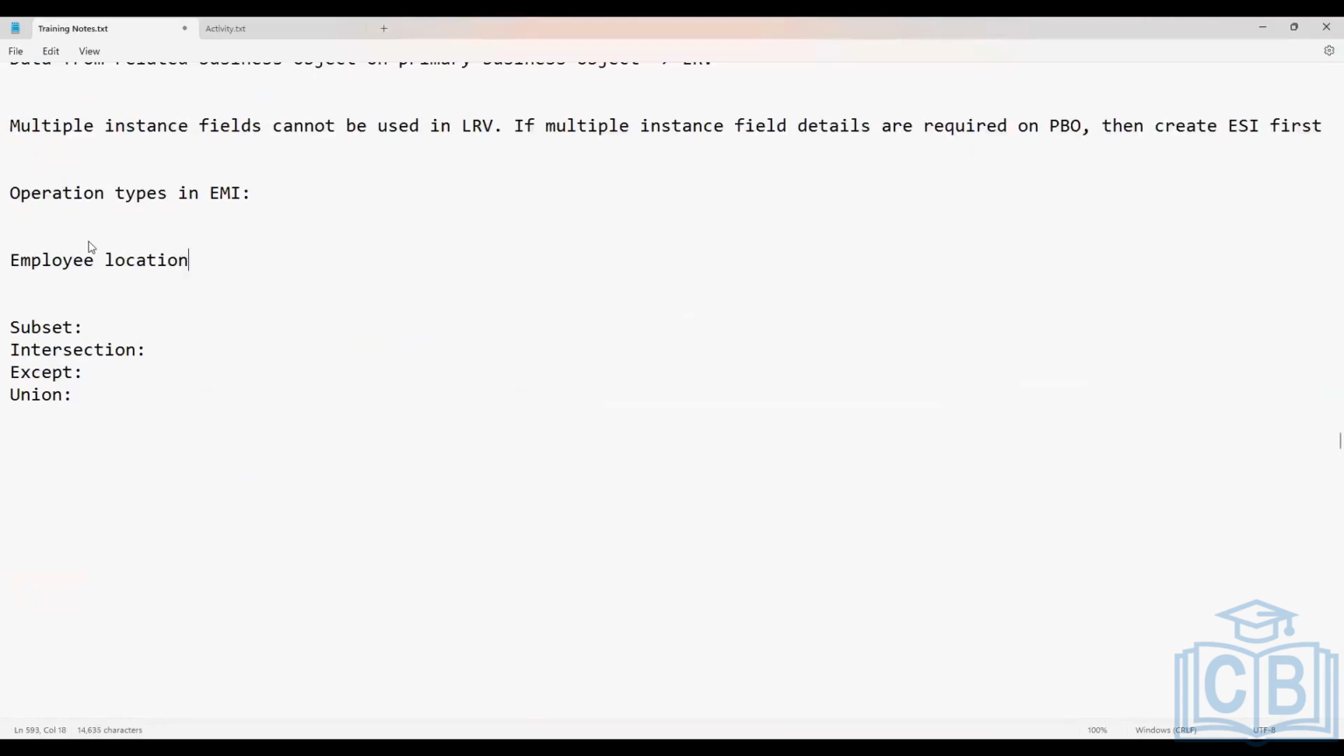Location, for example, is Australia. And then employees, hire date may be no greater than 01/01/2024, or less than 01/01/2024. This is a scenario we have. In subset, what will happen is,